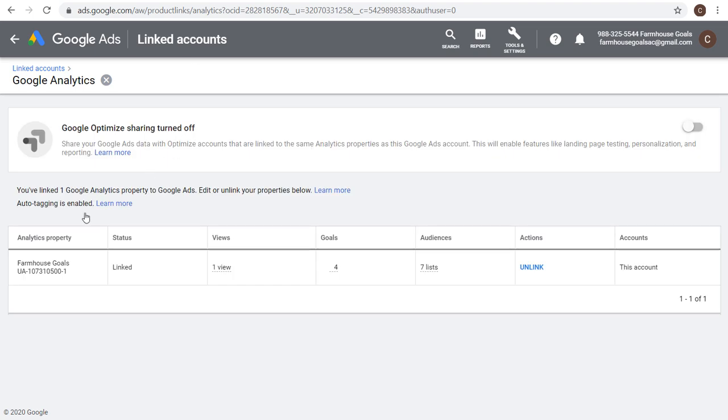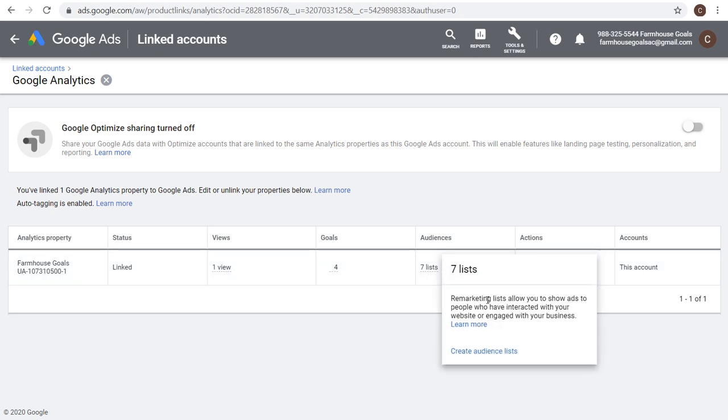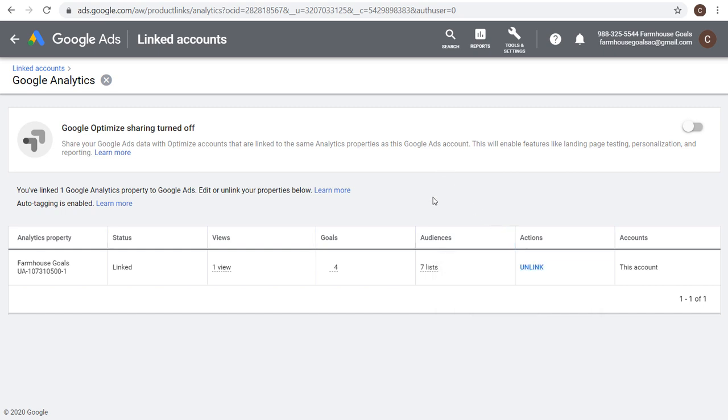And you'll see right here, I have my analytics property, farmhouse goals. It's linked. There's 4 goals, 7 audience lists. So these are the remarketing lists that we're going to be able to use to target people with our display advertisements. And then what we can do just to make sure our link is complete is we can come back